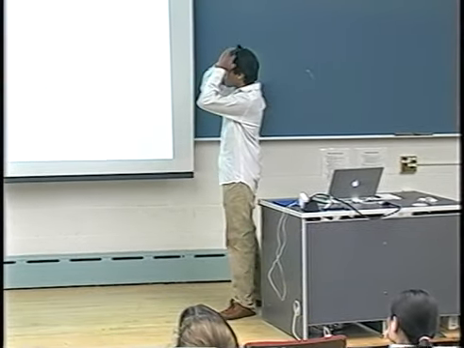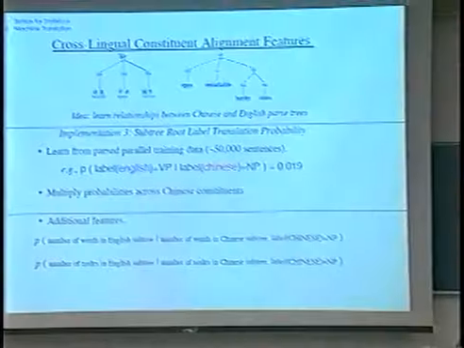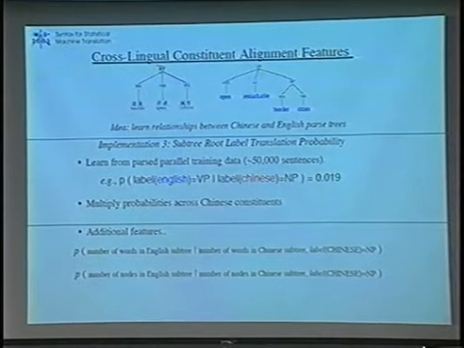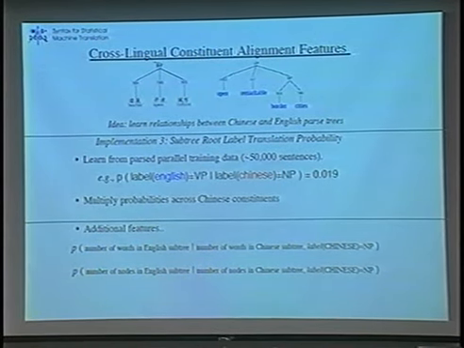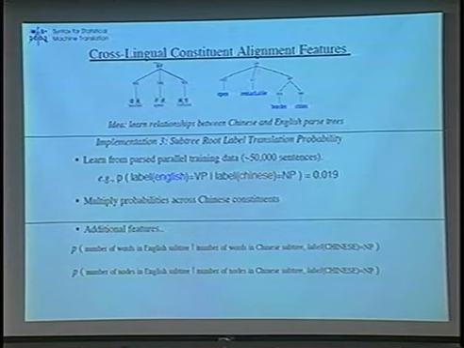penalty. A slightly more complicated model tries to learn some relationships between Chinese and English parse trees. So on the top here, we have a Chinese parse tree on the left side, an NP, consisting of border open cities, which is the English gloss of those Chinese words. And then we look again at what those words align to on the English side and find a minimally covering English subtree that covers those leaves. And we have this VP, open remarkable border cities. And what we'd like to do is calculate probabilities of stuff like the probability of seeing a VP subtree given a Chinese NP subtree. And of course, to do this, we need some training data.